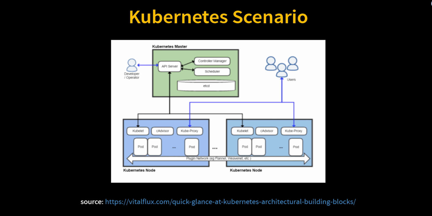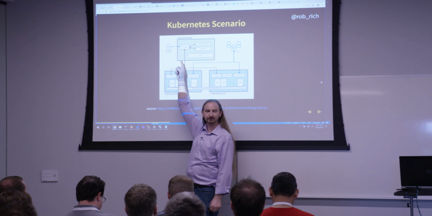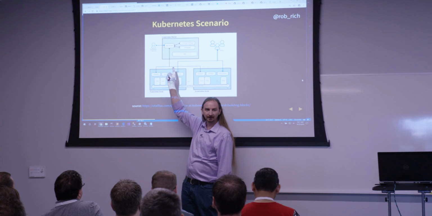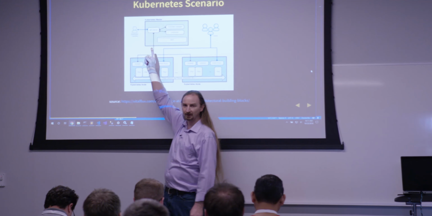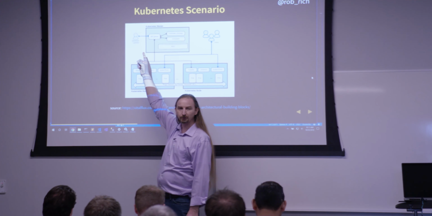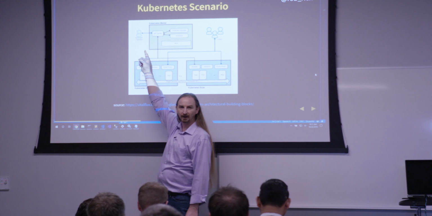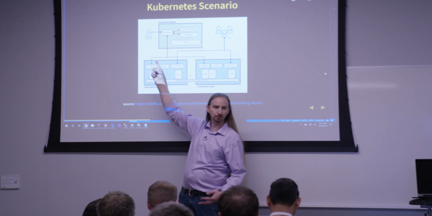Here's this thing. As a developer, I create some content, and using kubectl, I pass that off to the API server. The API server will save it in etcd. Etcd is that durable data storage, and it'll automatically scale it across all the nodes. The controller manager notices that some content has been changed in etcd by polling the API, and the controller manager will kick off the scheduler, who will then do certain things.